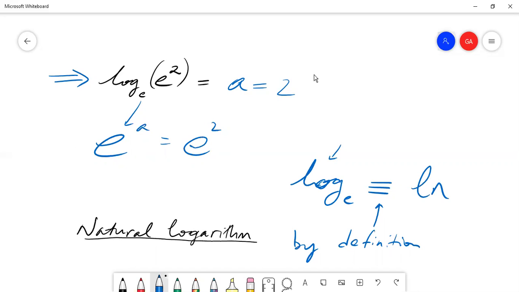So if I were to write, it's nothing but notation. There's no new math here. But if I were to write this the sort of correct way, the way mathematicians would write this, I would write this as ln, or the natural log of e squared. And I think seniors will find themselves writing ln in their calculus class more than they'll be writing log, because in calculus,